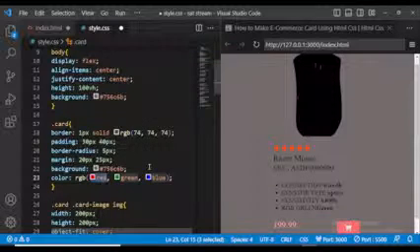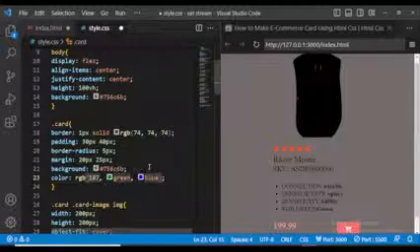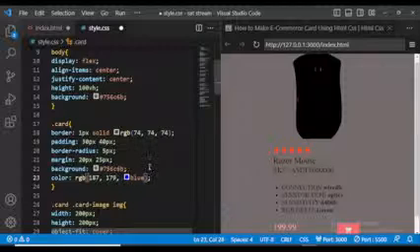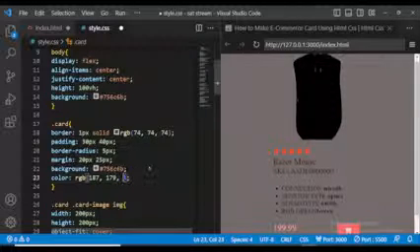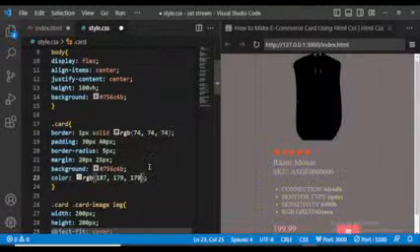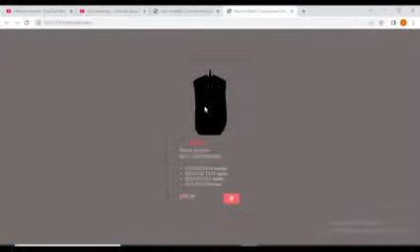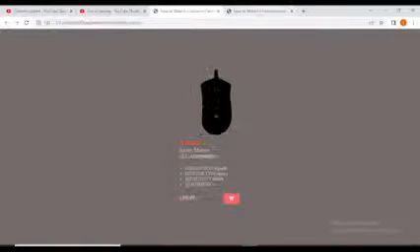So let's say 179. You can see the color of the text has changed. Let me come and look at it. Yes, there you can see. So this was a complete